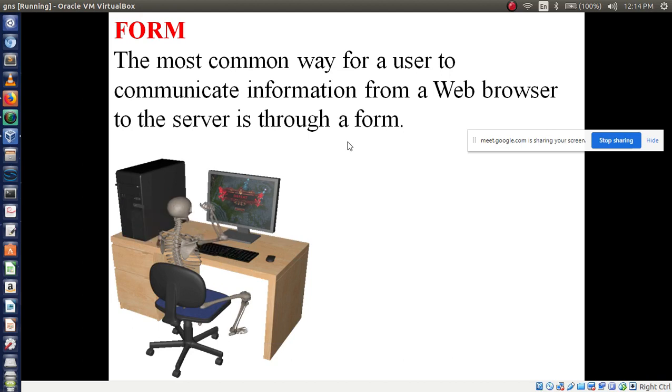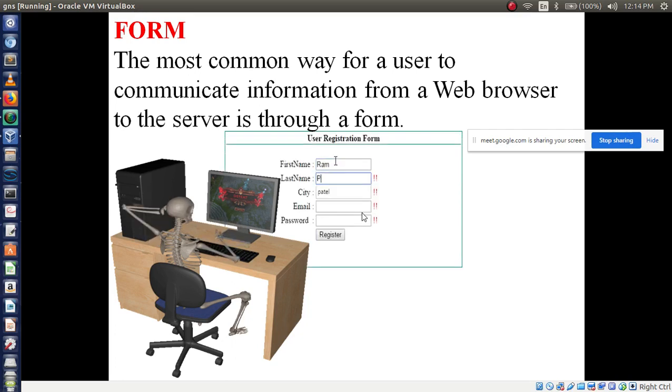Suppose you are a user. You will access some information through the server. To access the information from the server, you need a browser, right? Here you are going to type some information. After typing, you may register, or apply, or access the information.